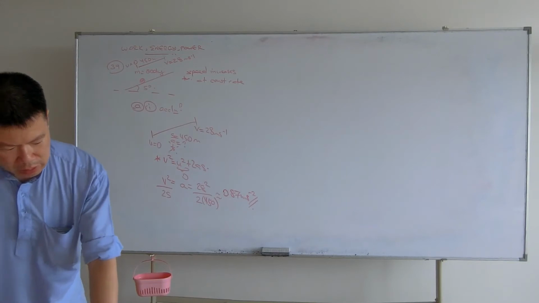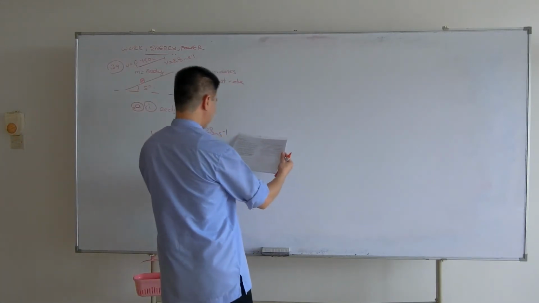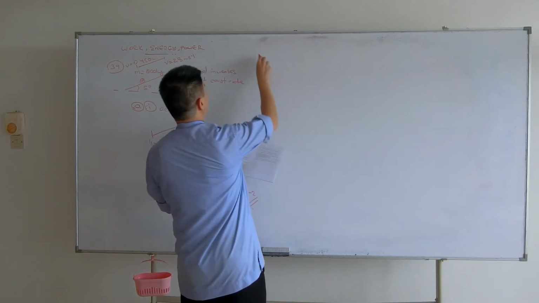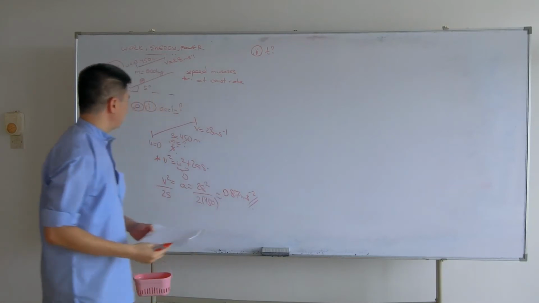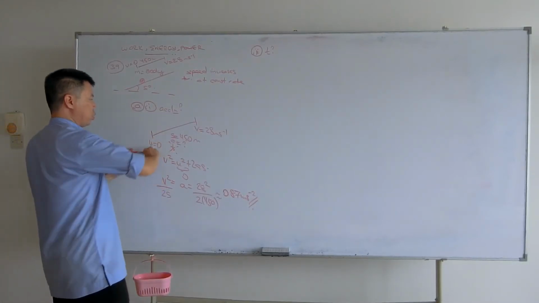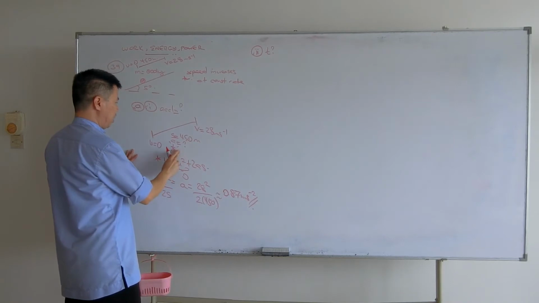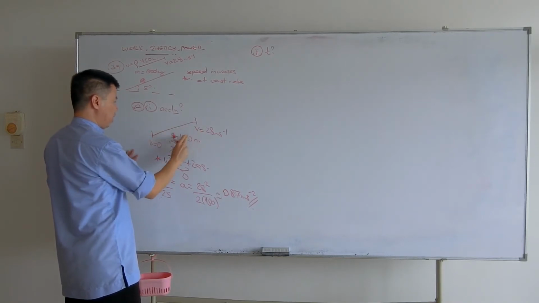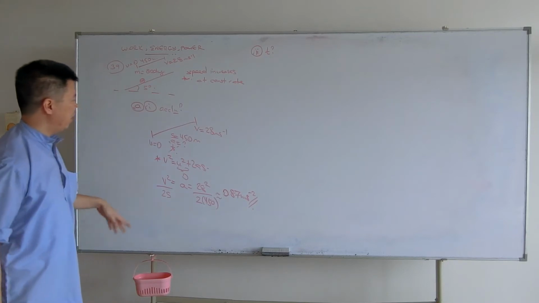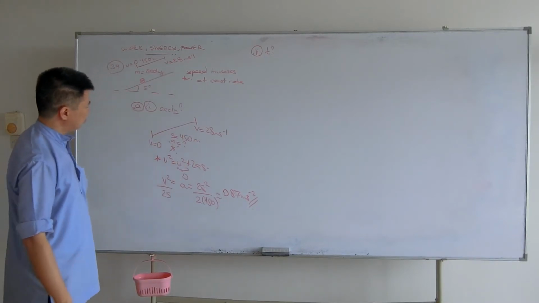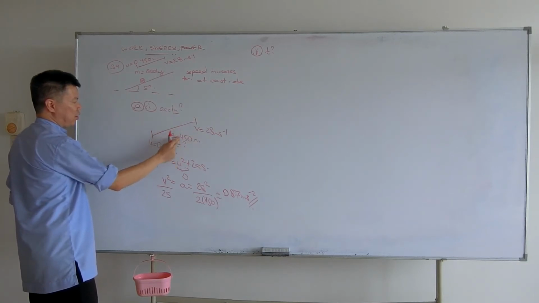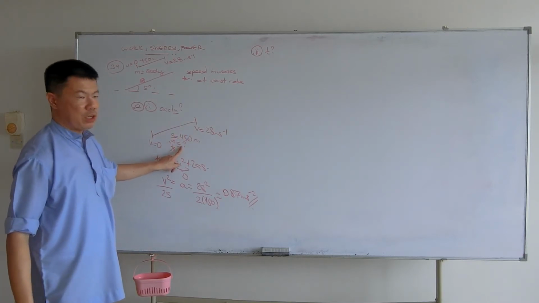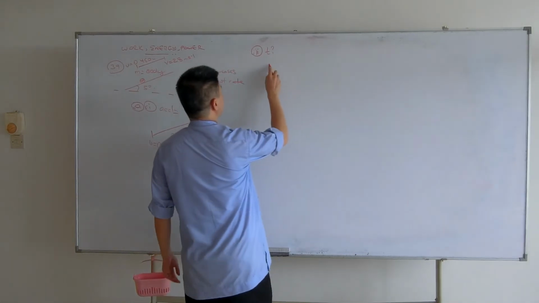Moving on to the next part, they want us to find the time taken to travel the length of the slope. Just now we found a, so now we want time. We're going to use the same UVAST line, this time with t. Which equation has u, v and s? We don't want acceleration, so the only equation is equation 1, which is s is equal to